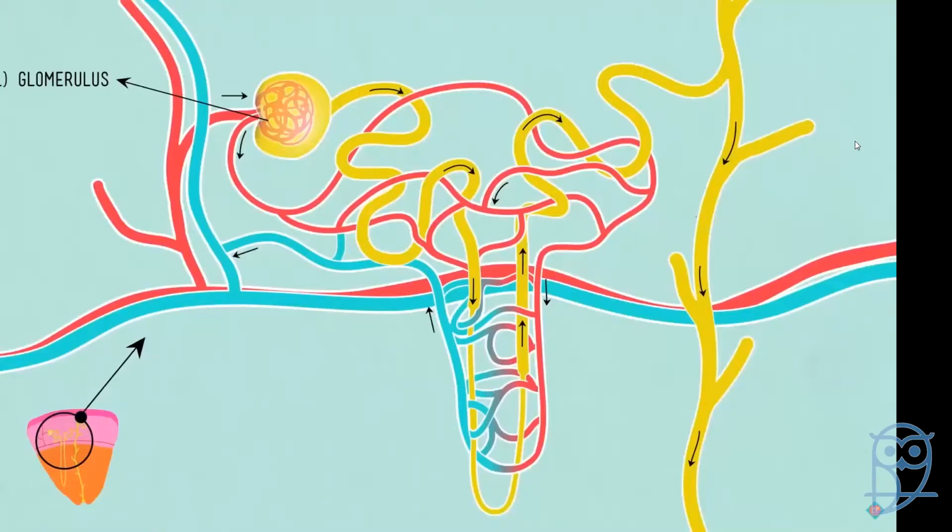The stuff that gets squeezed out is no longer blood. It is now called filtrate. It's made up of water, urea, some smaller ions and molecules like sodium, glucose, and amino acids. The bigger stuff in your blood, like the red blood cells and the larger proteins, don't get filtered. Now the filtrate is ready to be processed. From the Bowman's capsule, it flows into a twisted tube called the proximal convoluted tubule,